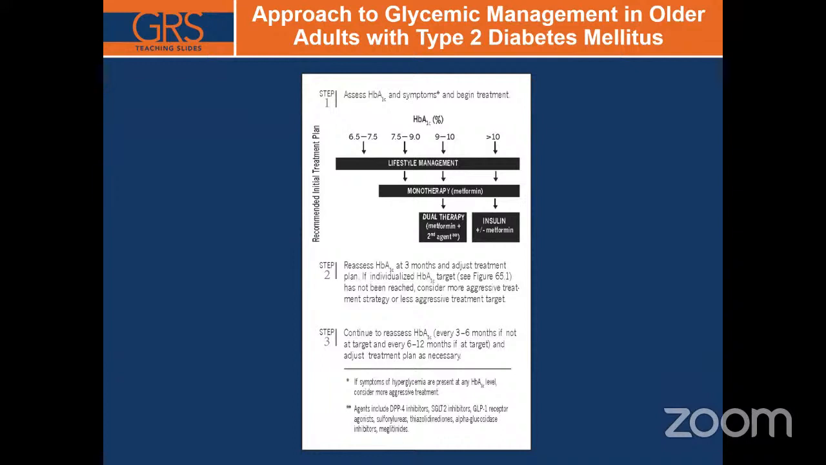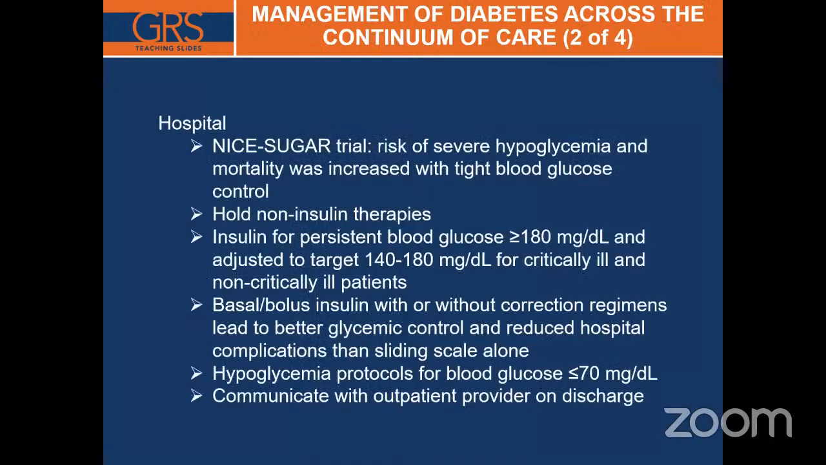Step 3 would be to continue to reassess the hemoglobin A1c every 3 to 6 months if not at target, and every 6 to 12 months if at target. And then we adjust the treatment plan as necessary. So, management of diabetes across the continuum of care. Now, if